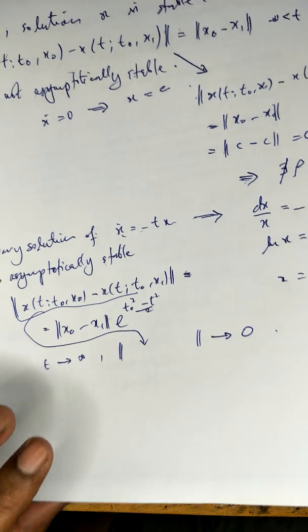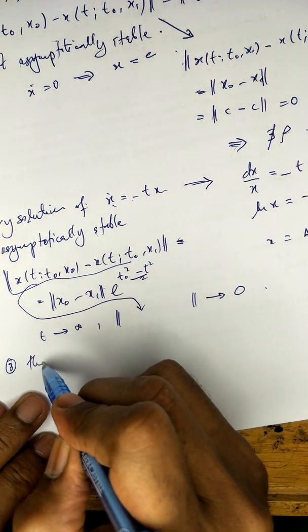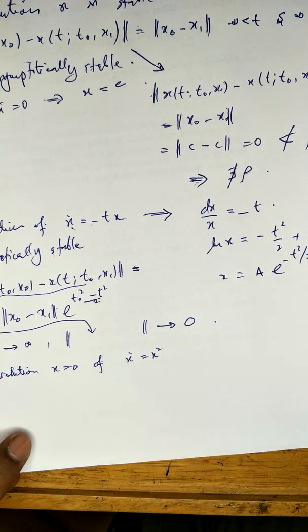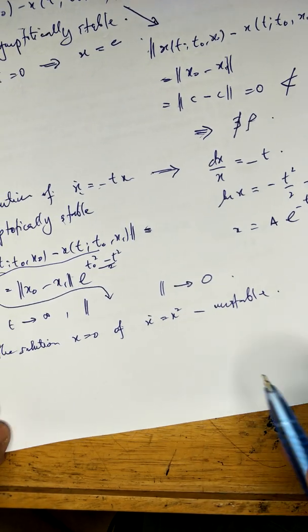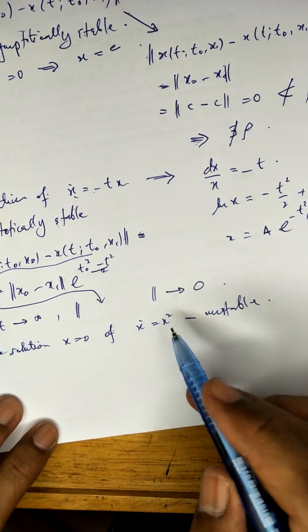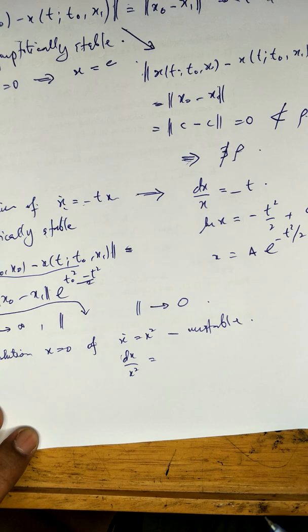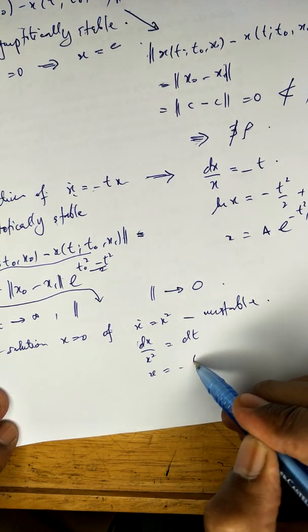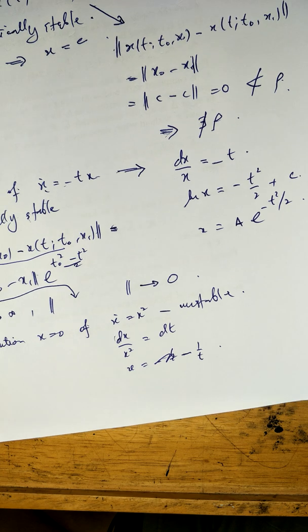And if we consider another example for the unstable case, the solution x equal to 0 of the problem x dot equal to x squared is unstable. Why? Think of what the solution is. Again you can solve this: dx over x squared equal to dt. Then you can solve for that, so we have x equal to negative 1 over t. So it is obvious that when t goes to infinity,